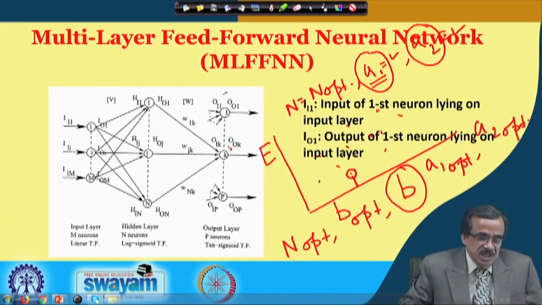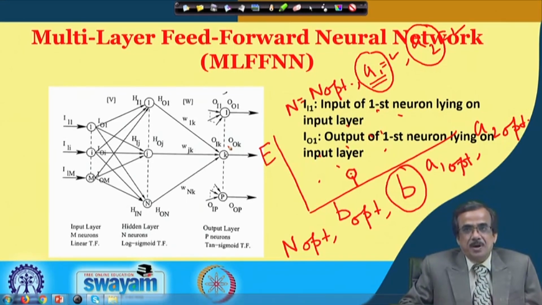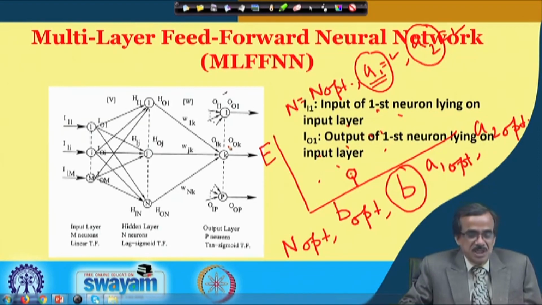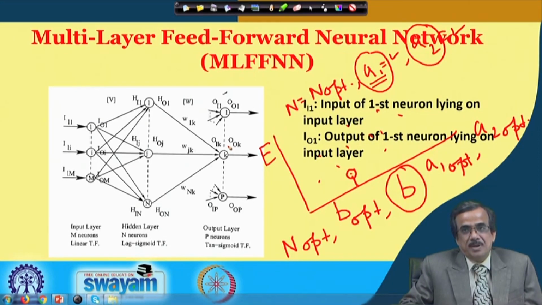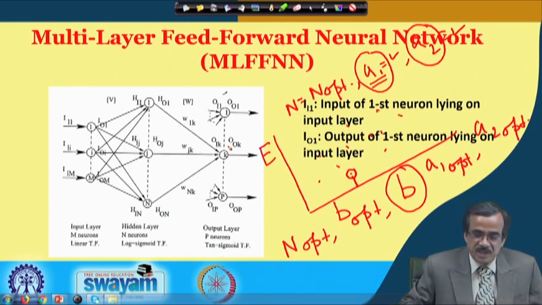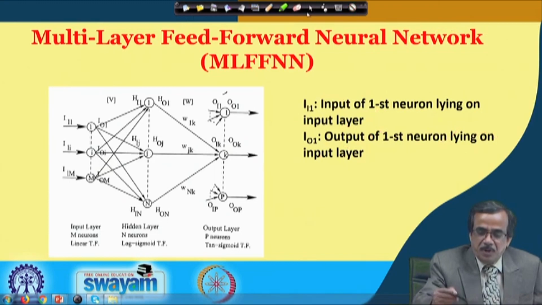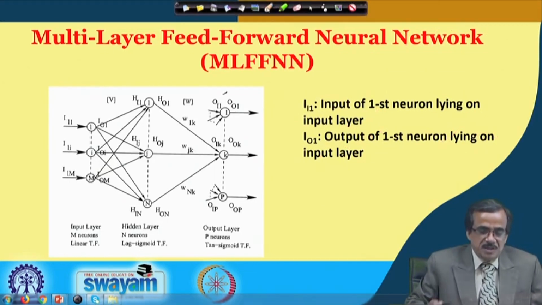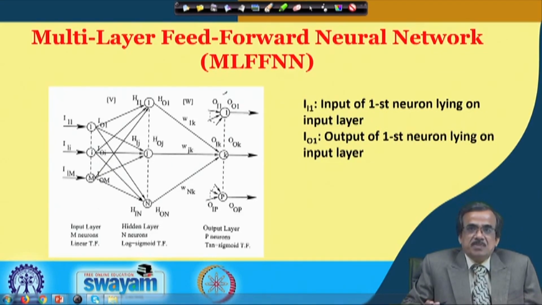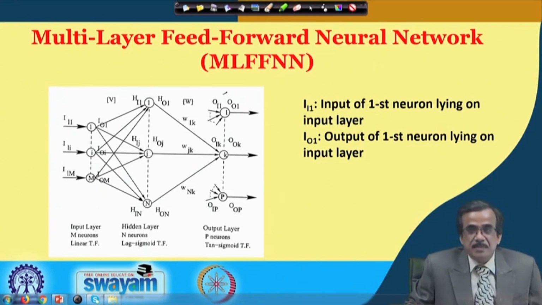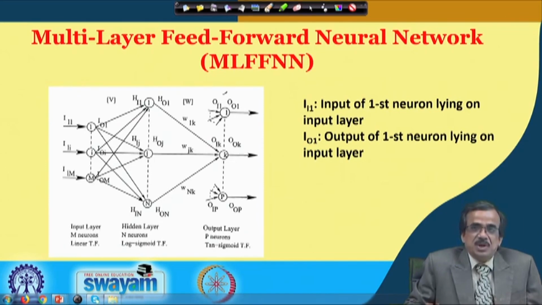That means, this is an approximate way of determining the near optimal parameters of this particular network. So, this is the way we can approximately determine what should be the topology and what should be the other parameters for this particular network. Now, as I discussed in my last lecture, this particular network has to be trained, and if I go